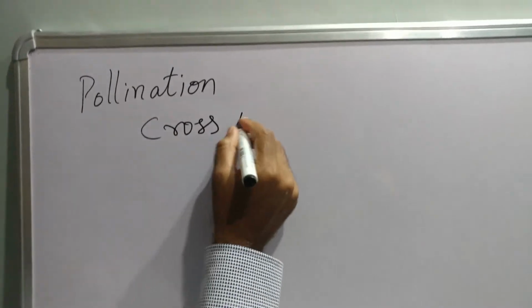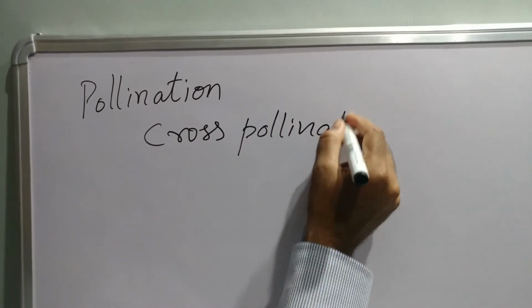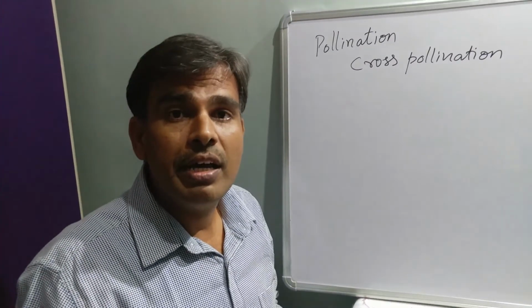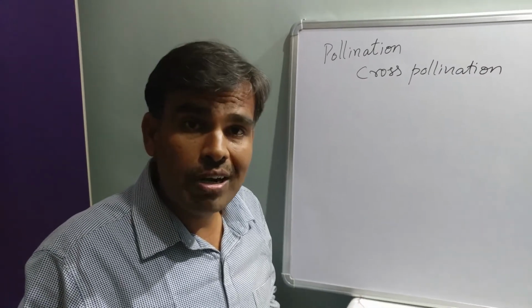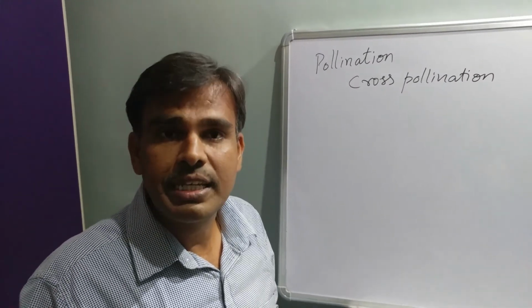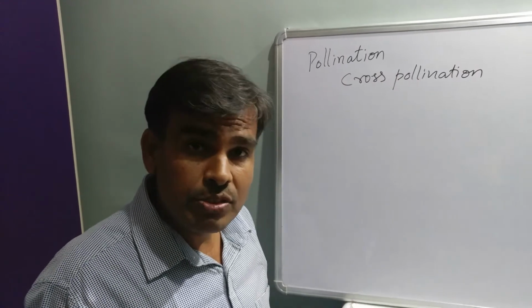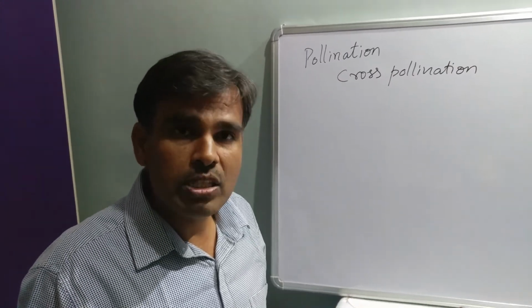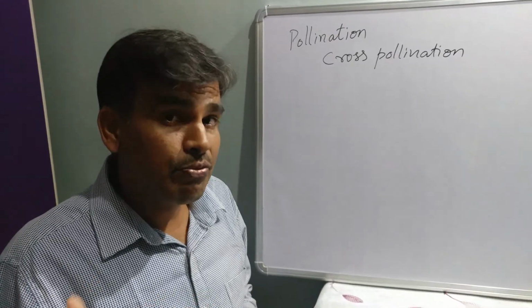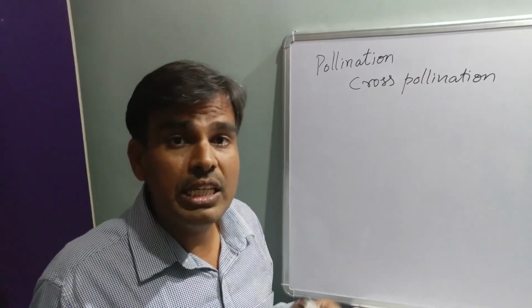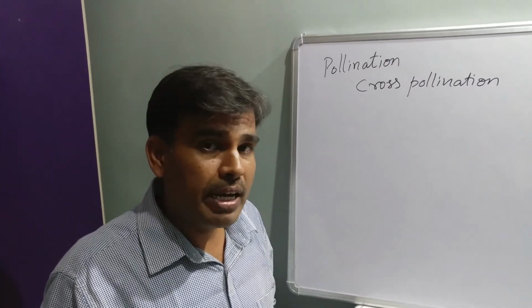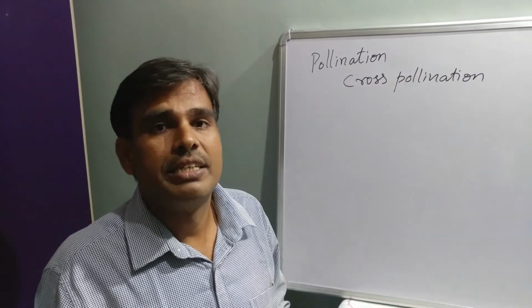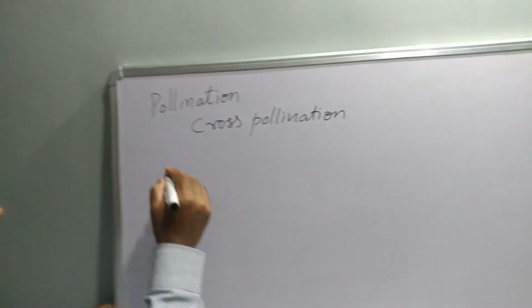What is cross pollination? Transfer of pollen grains from anther to the stigma of a different flower in the same species is called cross pollination. This cross pollination is promoted by different devices. One of the devices is